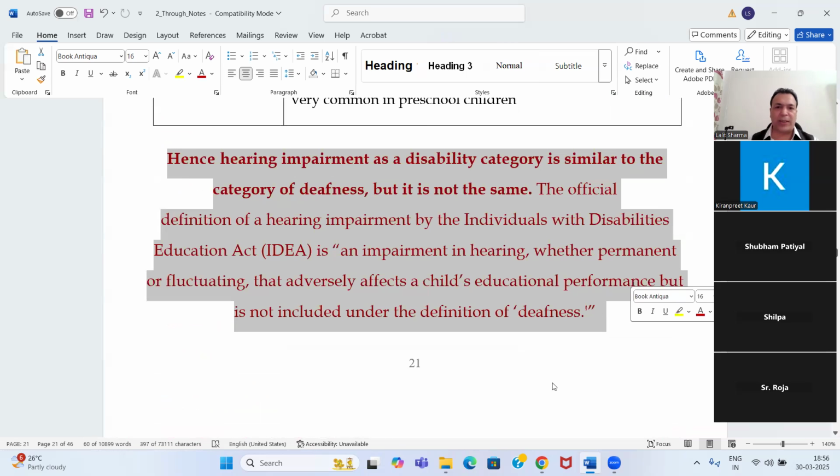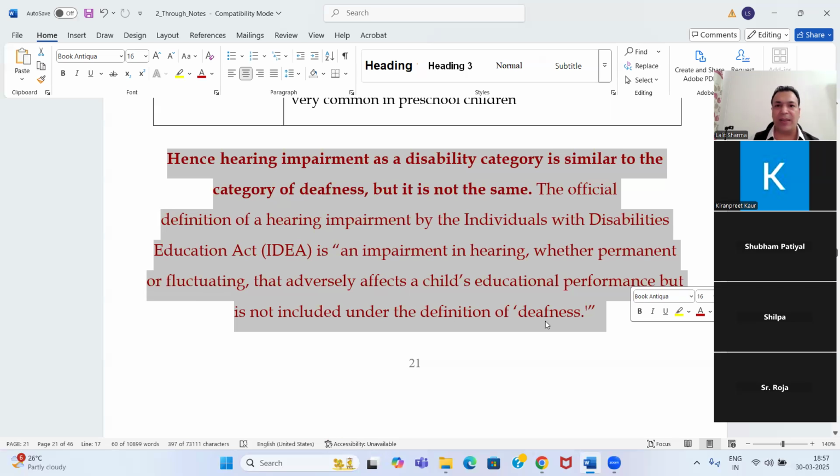Hence, this is the most important, last paragraph. Whatever I have shaded, whatever I have read now, these are the most important lines, right? Hearing, here, and you have to write it under this question. Hearing impairment as a disability category is similar to the category of deafness, but it is not the same. The official definition of a hearing impairment by the Individuals with Disabilities Education Act is an impairment in hearing, whether permanent or fluctuating, that adversely affects a child's educational performance, but is not included under the definition